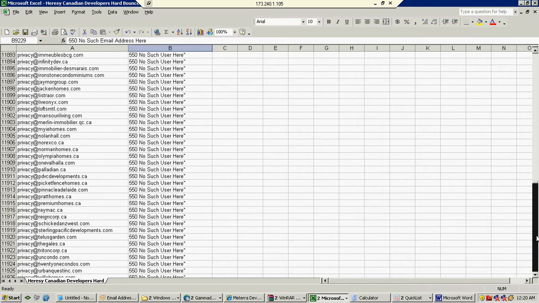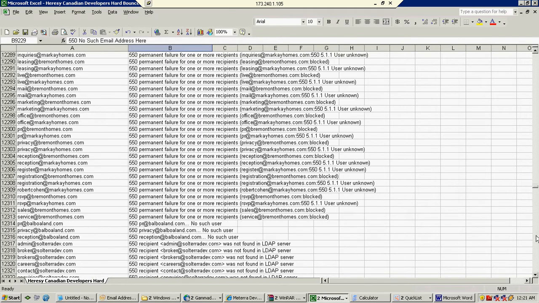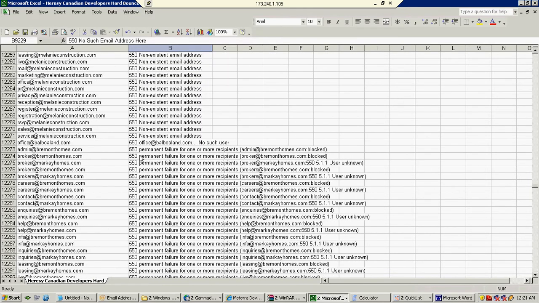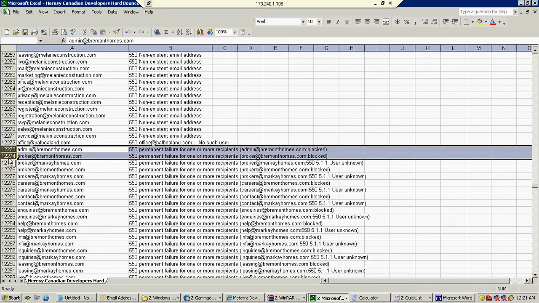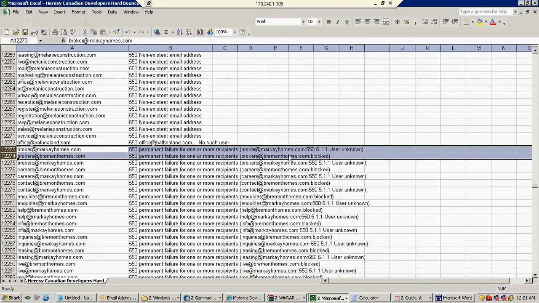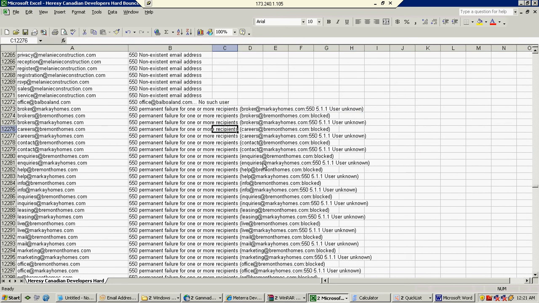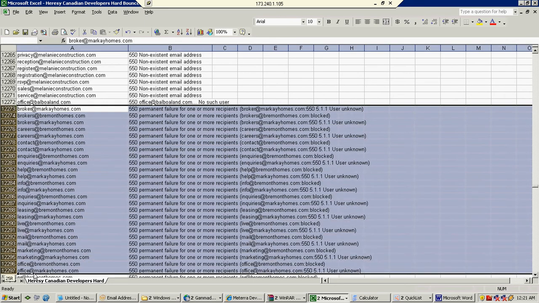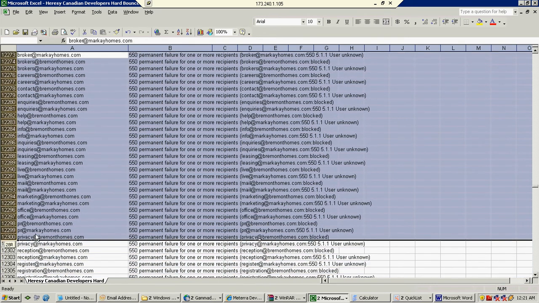So it looks like we're coming near the end, I think. Okay, permanent failure. So again, that's an indication of a dead address. Sometimes if you look further in it, it'll say user unknown. Now here it's saying actually that there's two reasons why the permanent failure, why it was blocked or user unknown. So actually what we'd want to do is take out the one that said blocked and only leave in the ones here that, for this particular company, say user unknown. So what we'll do just for these quick ones here,